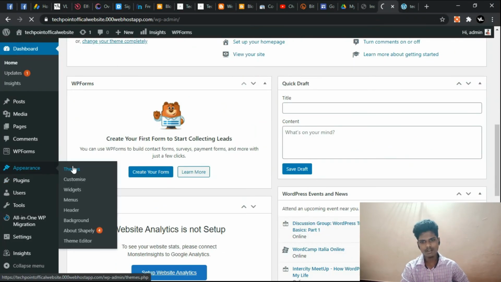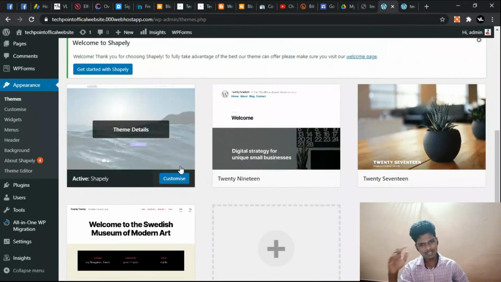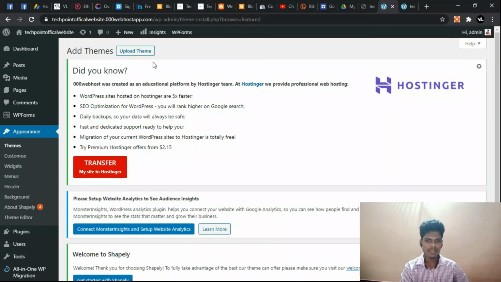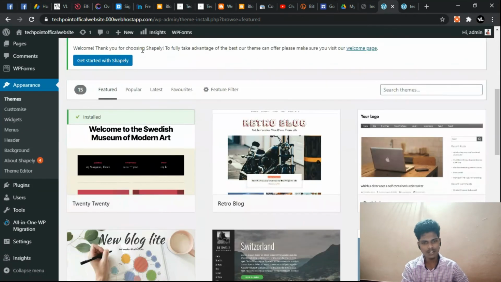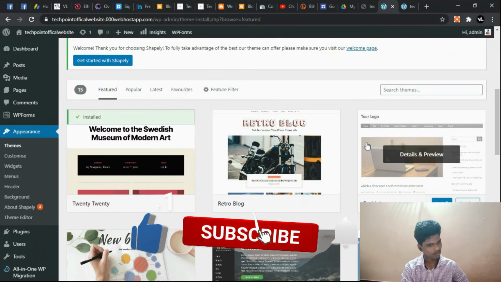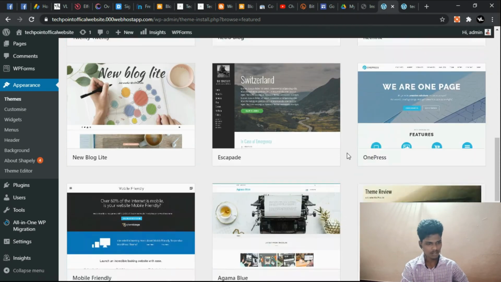Like in mobiles, you will also set custom themes. Now we are going to follow the same exact procedure over here. After appearance, themes, you can see they are going to say add themes. If you have a theme file, you can upload it here. If you do not have one, just scroll down. You can see these custom themes are absolutely free. You can use them absolutely free.